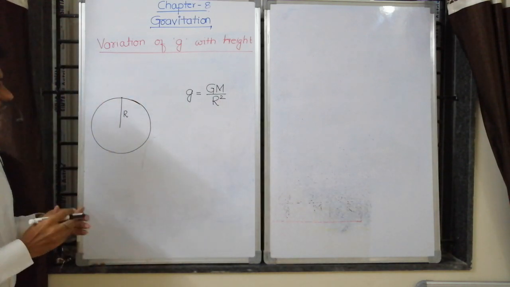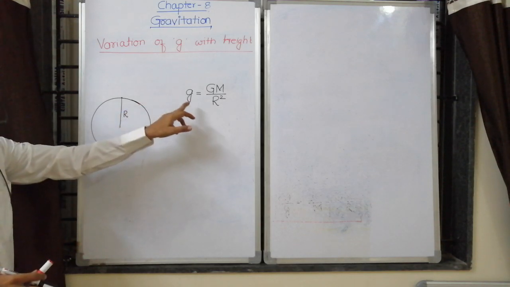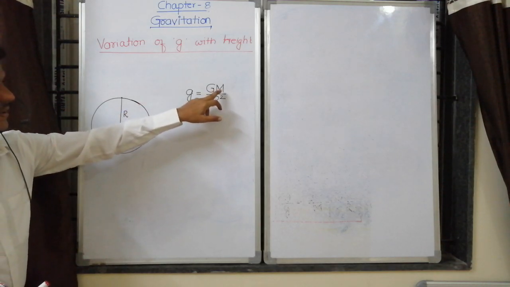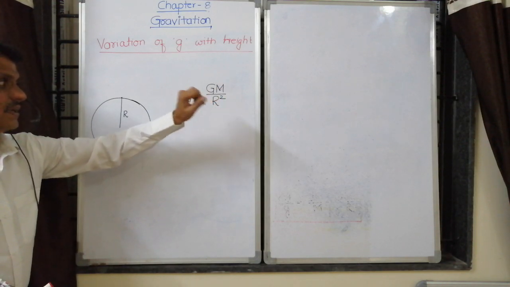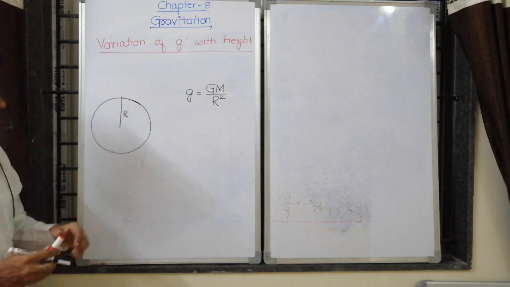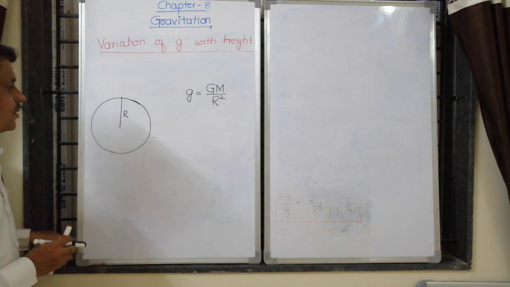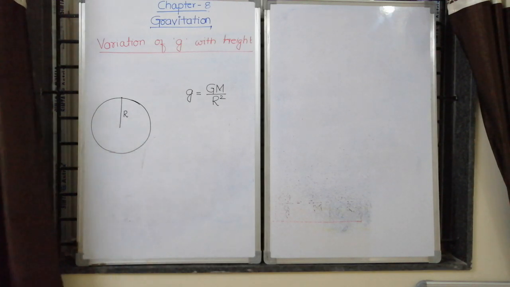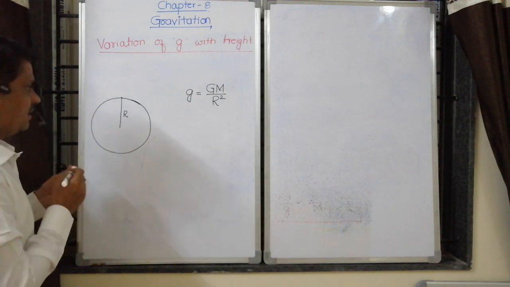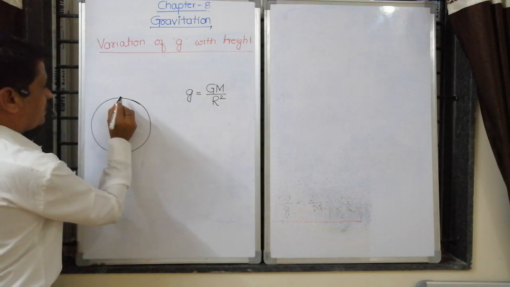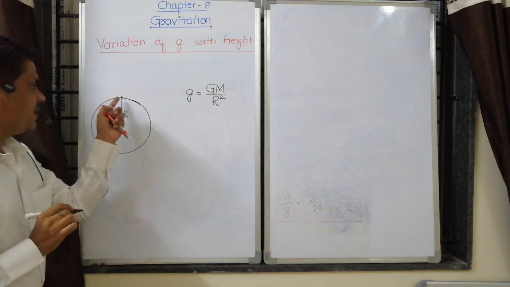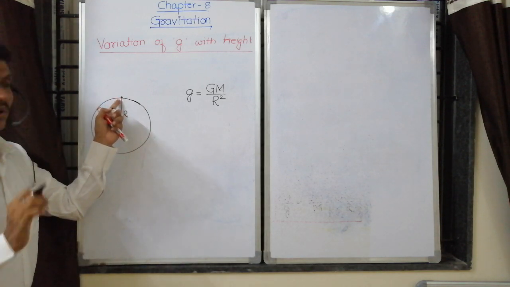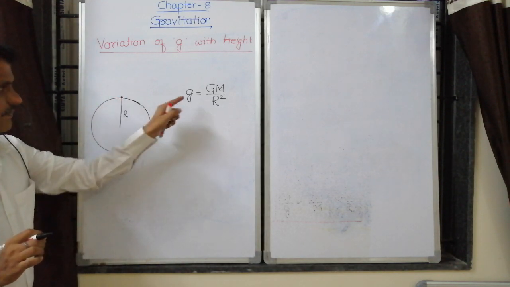It is found that the value of g only depends on mass of the planet and radius of the planet. It is independent of the body which is placed on the earth. Whatever may be the body, it may be heavy body or small particle, g